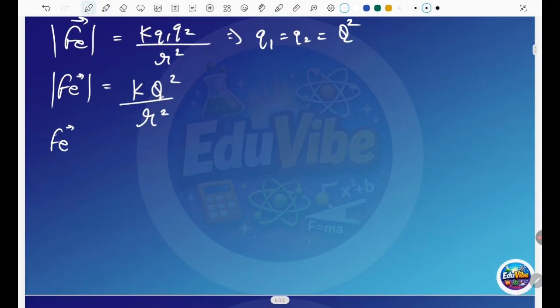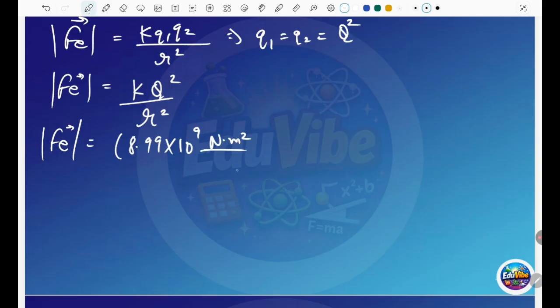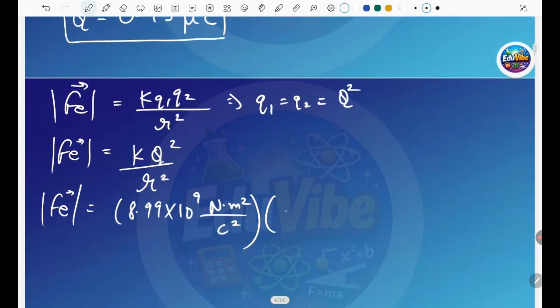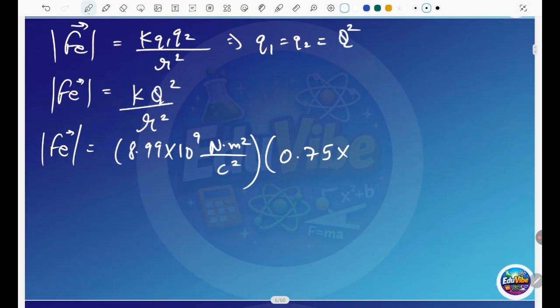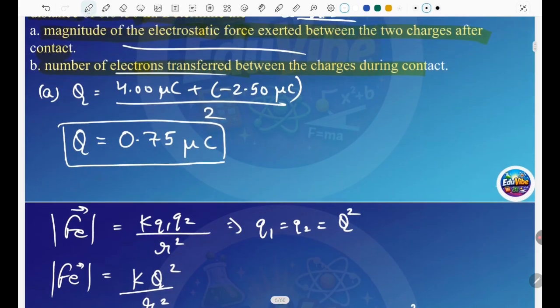Now we put things in. K is 8.99 times 10 to the 9 newton meter square per coulomb square, and Q is 0.75. We all know micro is the prefix, a value of 10 to the minus 6 coulombs, and this should be squared, divided by